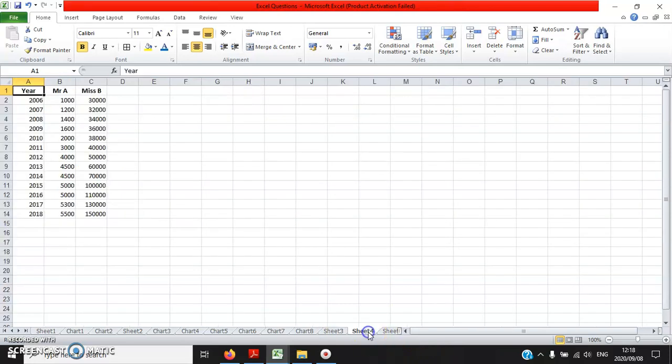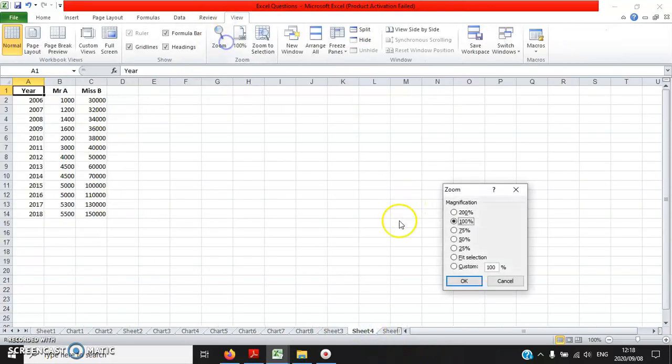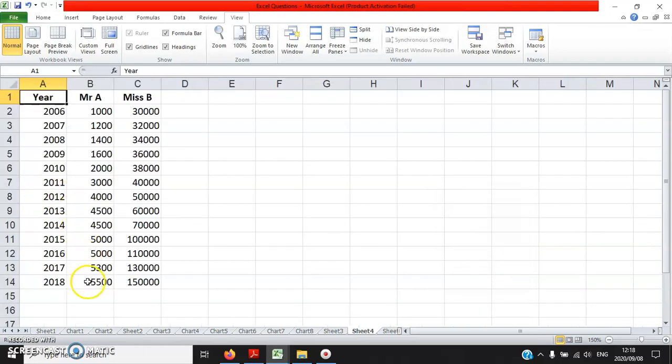Okay, let's say goodbye to sheet 3. Sheet 4. Okay. Line chart, it shows the earnings of